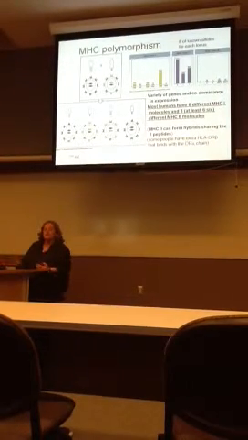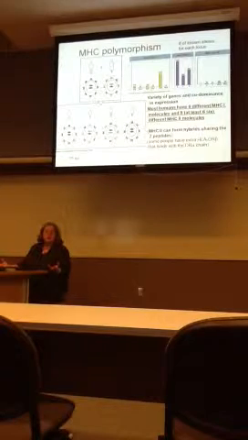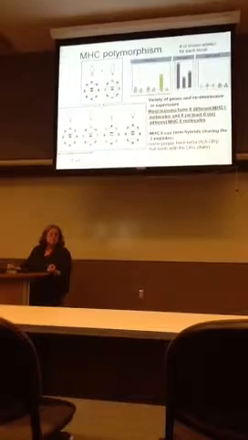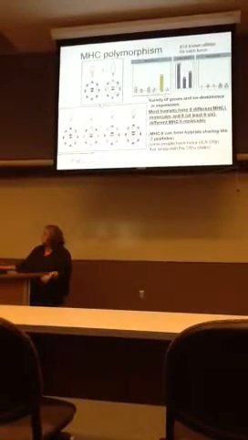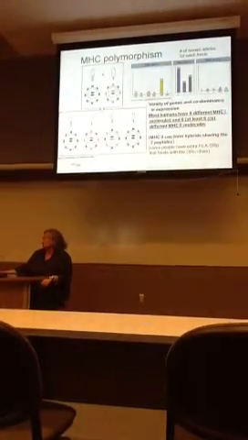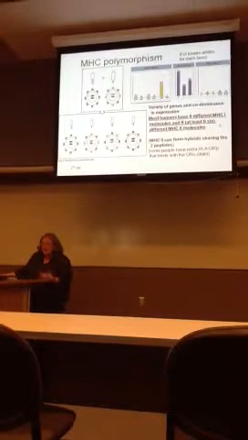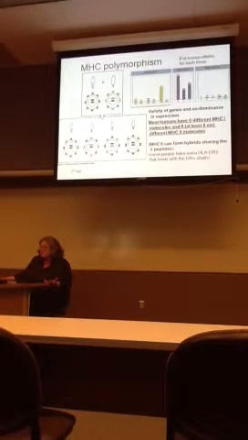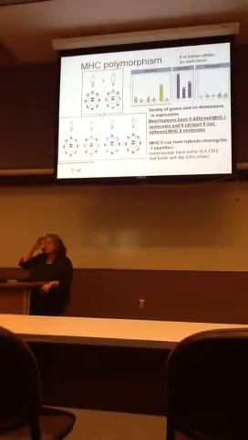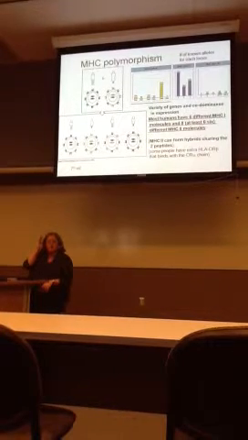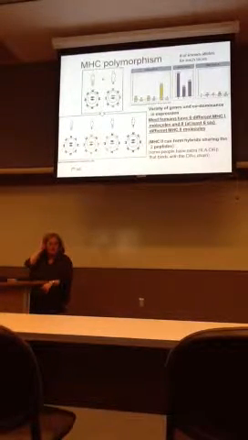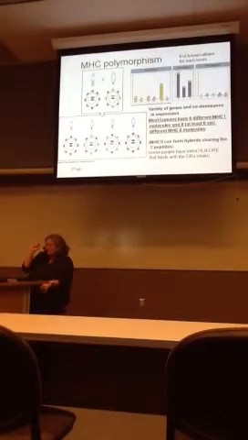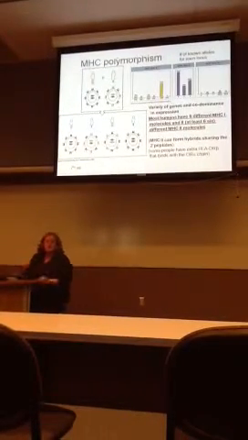So there's a large number of genes that you can inherit, and you inherit 1 from each parent. Okay? So you usually have about 6 different MHC1s. The 6 that you have, they're codominant. They're going to be expressed on the surface. Okay, and that really comes down to that MHC alpha peptide. Remember, the MHC1, you have that 1 peptide, and then the beta microglobulin binds to it. So you're going to have 6 different varieties of that,